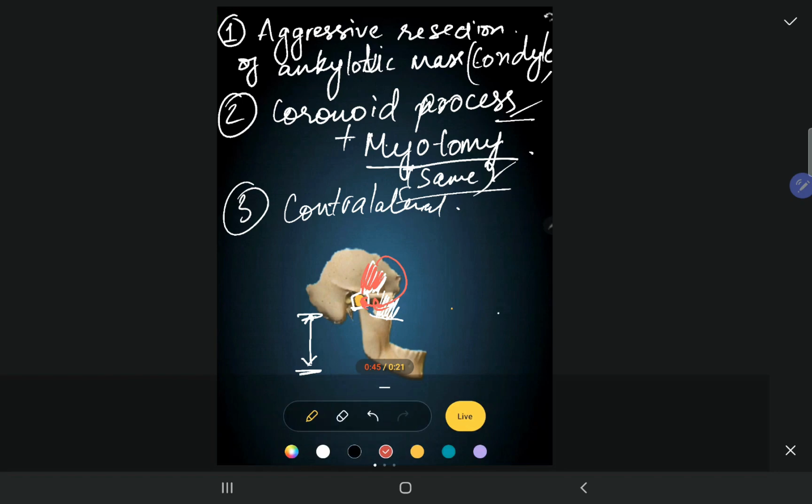So interpositional graft means between the condyle and the glenoid fossa, we take this temporalis fascia and place it between both of them, so that there is no union again. So this is to prevent the re-ankylosis. So we are going to take the temporalis fascia, and sometimes the ramal height is so less,